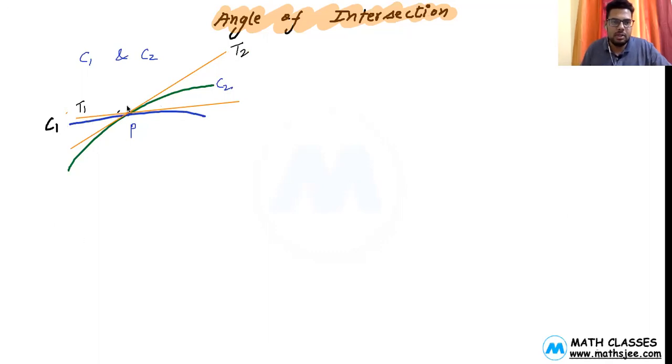So the angle between these two tangents is, let us say, theta, right? So that is the angle of intersection of these two curves. So जो दोनों tangent at that point P will be making the angle with each other, that will be the angle between the tangents at that point, and that angle also will be known as the angle of intersection of the curves C1 and C2. अब यहाँ पे एक और चीज है कि if theta is equal to 90 degree.